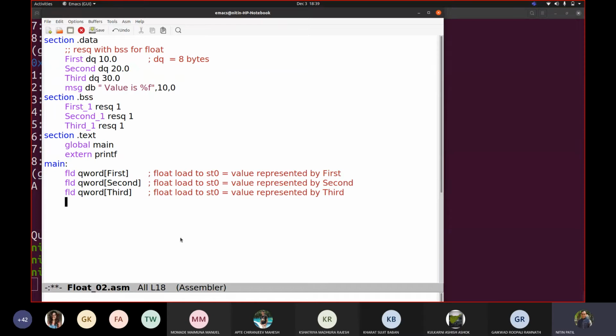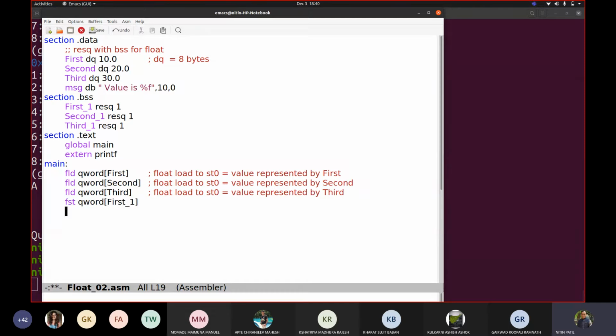Now, the way we loaded these values, I want to store this value from st0 into second, and the next into first. There is something called FST, the way we had FLD. This is store float, where it is to be stored. Store this into first_1.